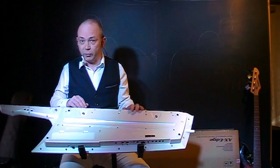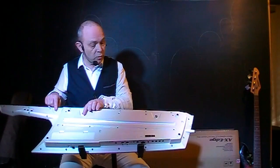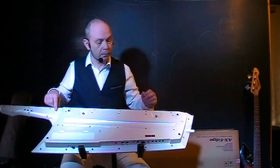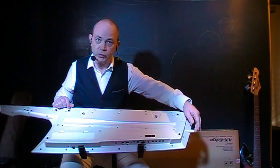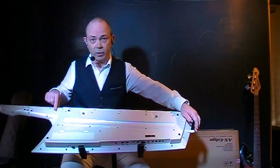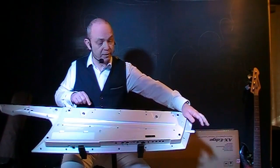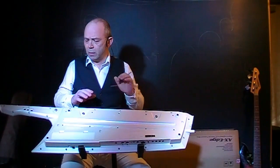Also you'll find on the back of the keytar you've got 1, 2, 3, 4 strap points. I've tried using, obviously you're going to use the end strap point for most. So I've used the end one there and I've used the end one here. These are the two that I find most comfortable. I have tried connecting at the end there and this one, but